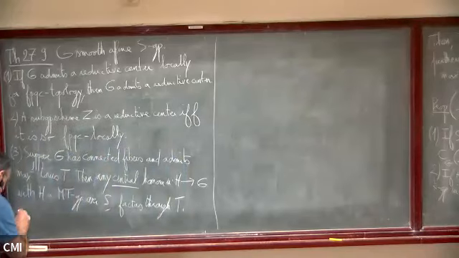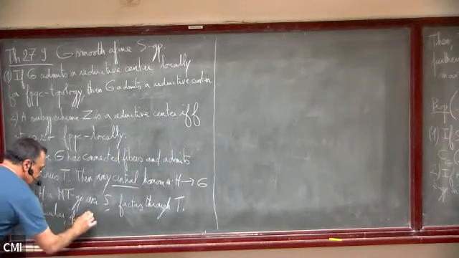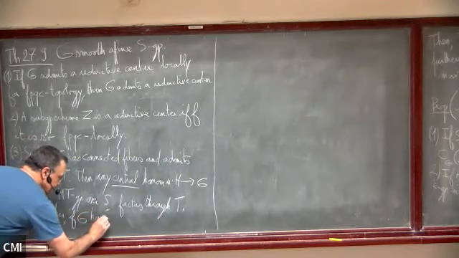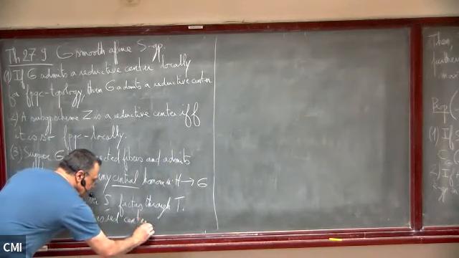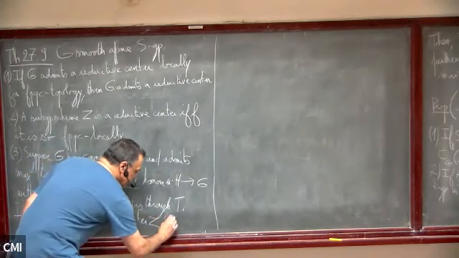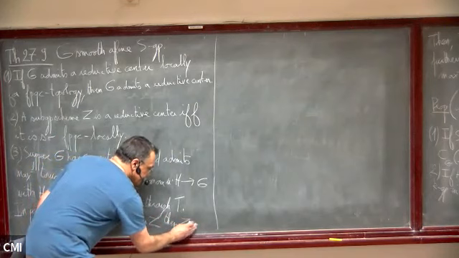Let me write it. So in particular, if G has reductive center Z, then Z is contained in